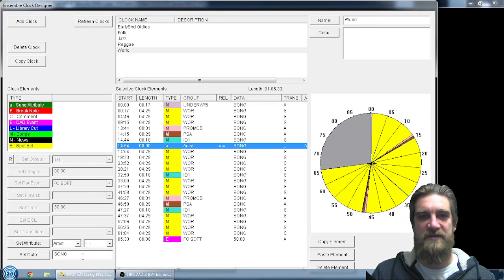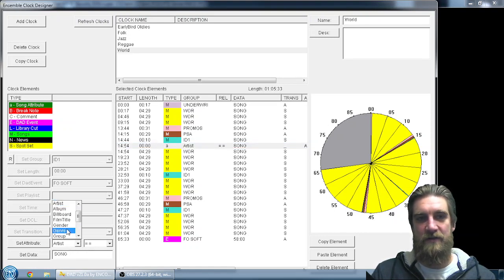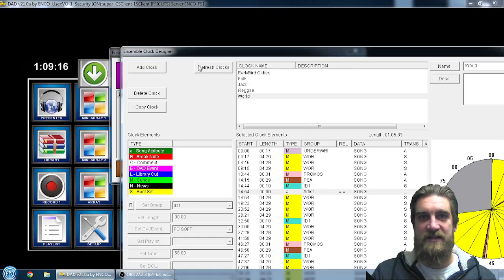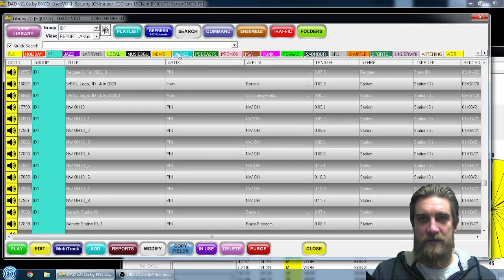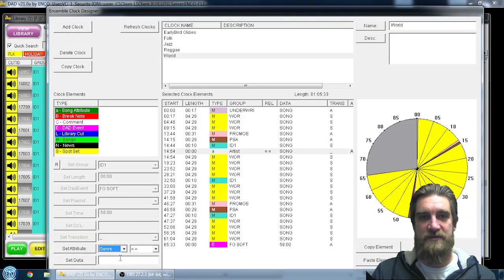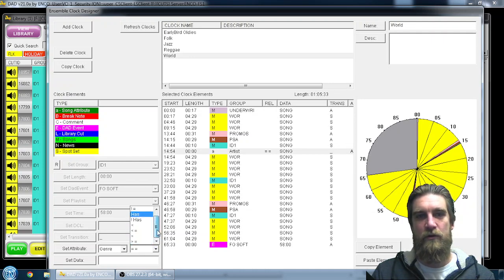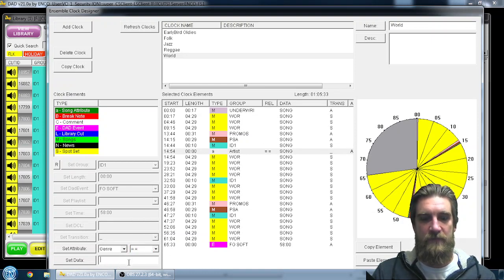It's by default giving me some information here, but what I want to do is make sure that the attribute is going to be the genre, and I can always just double check these things by looking in my library here. I'm going to look through the IDs section, and I'm going by genre. So I've got different genres of things. So the attribute type is going to be genre, and here's where I say, well, it equals that, it contains this word, it is less than or equal to if we were doing things like beats per minute or release date. What I want to do is keep it as genre equals,